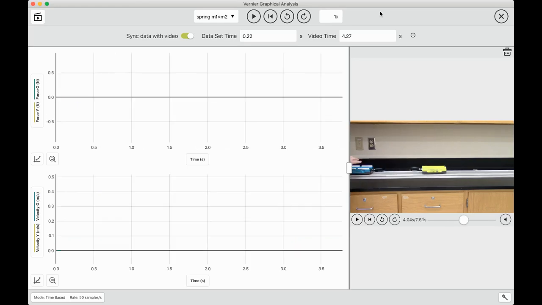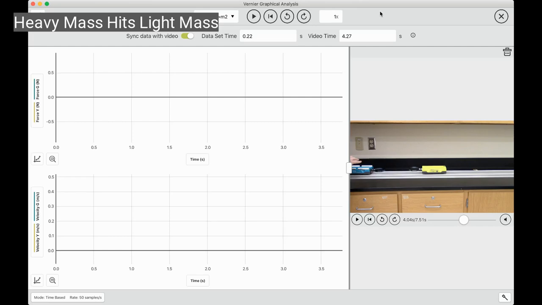For the last of the spring collisions, which are close to elastic, we have a heavy mass. Now the mass, as you can see, is on the green cart hitting the light mass. And we can watch that happen, right? And the yellow light mass goes off quite dramatically. So if we sync this up and watch it with the data,